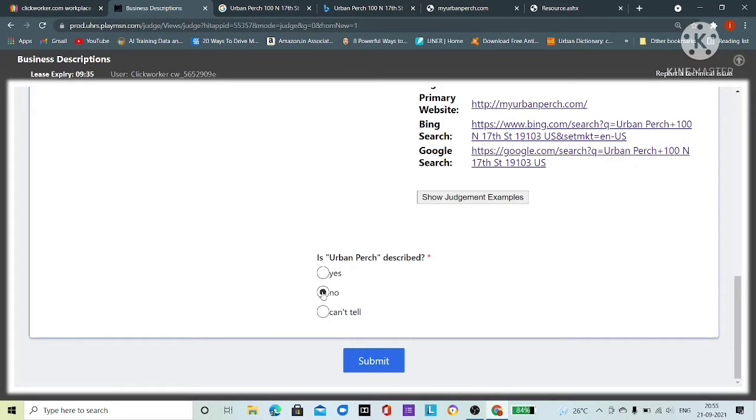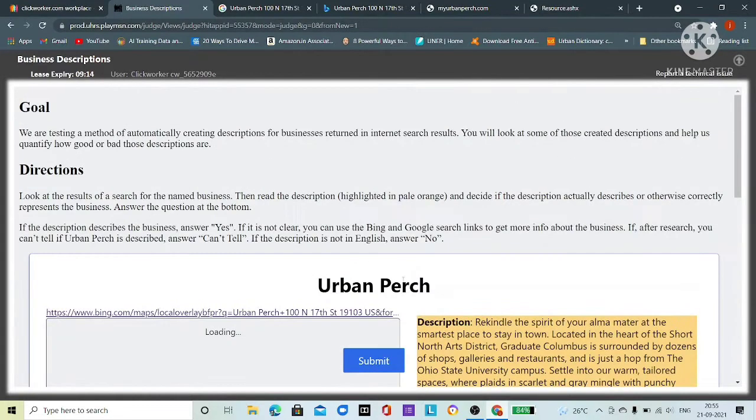If it does not correctly represent the business, you can click on no. And if it is in a foreign language, like you are working on the US market, right? So Hindi is also a foreign language for you, so you can't tell. Okay, so this is the goal of this HIT app.